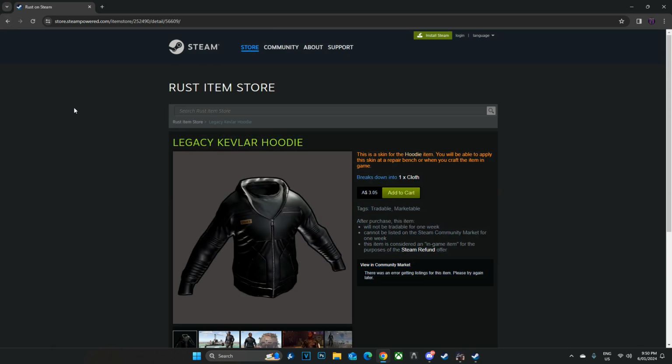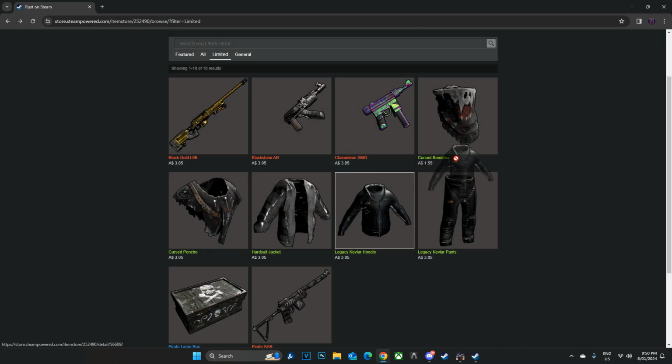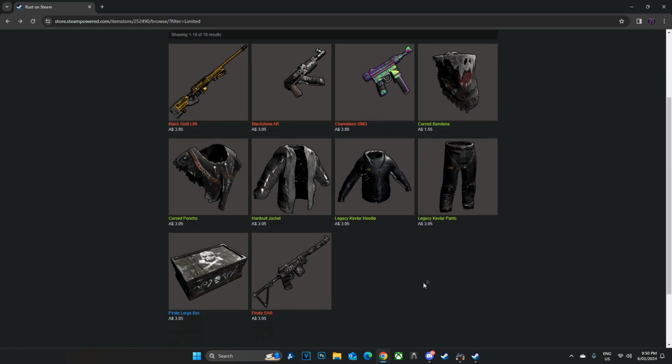Check what the subs are and the predicted sales on SCMM, and then go from there with which one you want to buy. But I reckon the hoodie will probably perform better than the pants overall, and that is what I'd recommend. But overall, I will recommend investing in both the Legacy Kevlar hoodie and pants off of the Rustodom